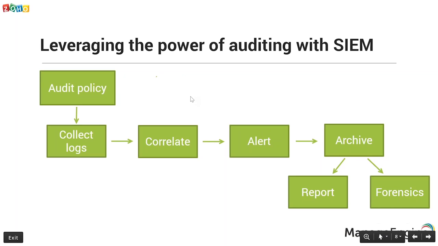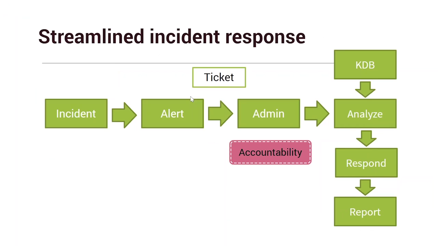So this, in a sense, is the typical flow of what happens with a SIEM with regards to auditing. And when I said we have alerts for important security events, you also, of course, need to be in a position to manage these alerts, because ultimately you want to get a quick alert when something goes wrong, and you want to reduce the time to respond to that alert. So as the incident is triggered in your network, your SIEM solution picks up that alert and alerts you in near real time that this particular incident has happened.